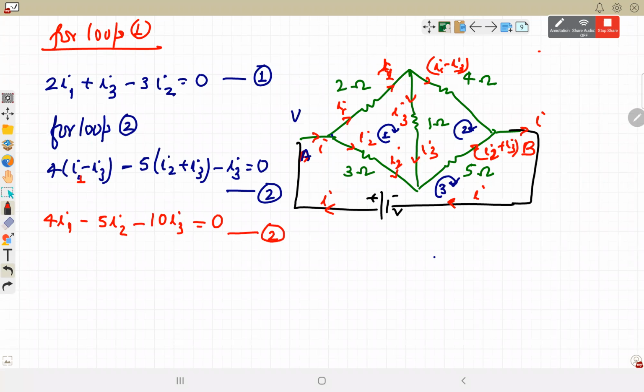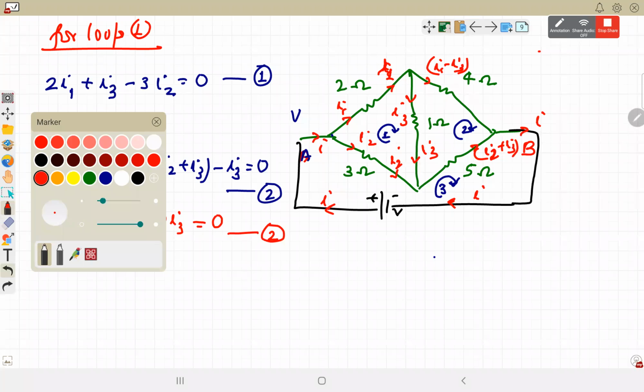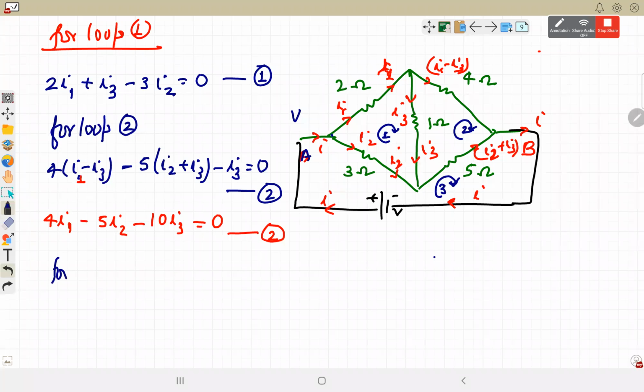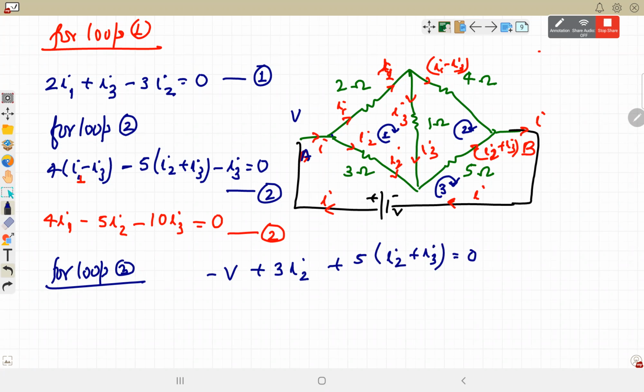इक्वेशन फॉर लूप नंबर 2। अभी इन दोनों में V नहीं है, there is no V term, so we can eliminate for I3। इन दोनों इक्वेशन को अगर हम एलिमिनेट कर लें in terms of I1 and I3। ओके, इक्वेशन फॉर लूप नंबर 3। लूप नंबर 3 हमें ऐसा चूज करना है जिसमें बैटरी हो, so we are considering this outside. एक बैटरी -V plus 3 times I2 plus 5 times I2 plus I3 is equal to 0।